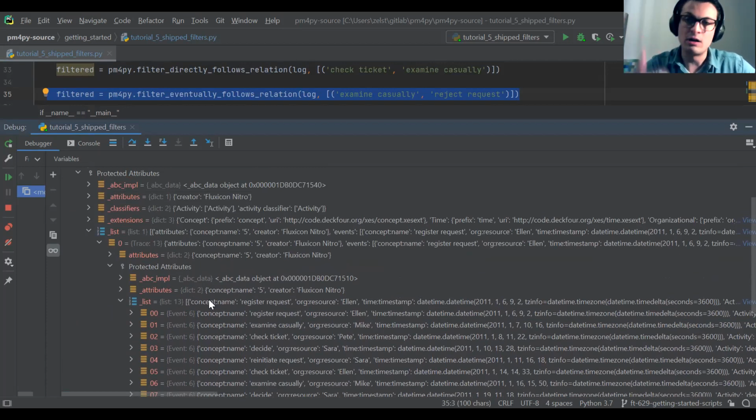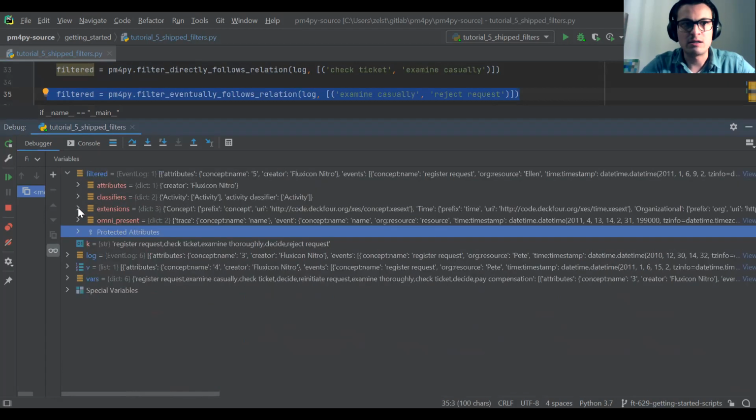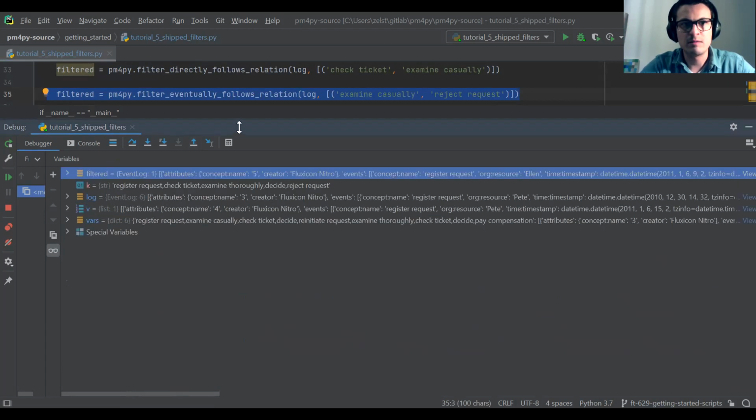Again, note that there can be an arbitrary number of events in between. So it just has to be matched once. It's not the closest match. It's any match that we can make in the trace. Okay, so then